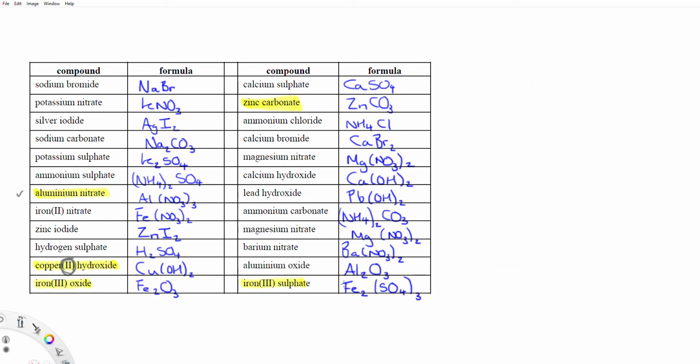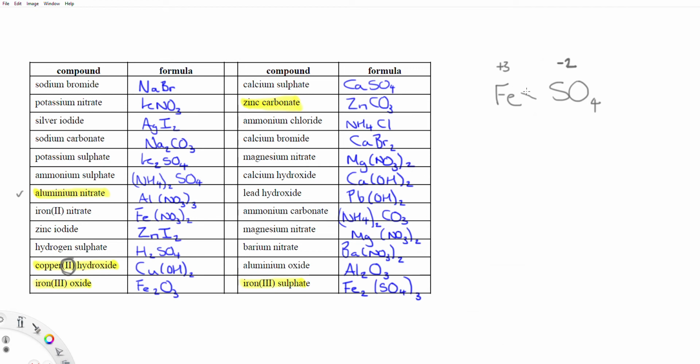The next one I'm going to do is iron 3 sulfate. Now it may not be immediately obvious what you do here, but you do exactly the same again. Iron, in this case, has a +3 charge. Sulfate, one of the ones you need to learn, is SO4 2-. Now when it doesn't become immediately obvious, we can use something which I've affectionately called the lightsaber trick, and basically